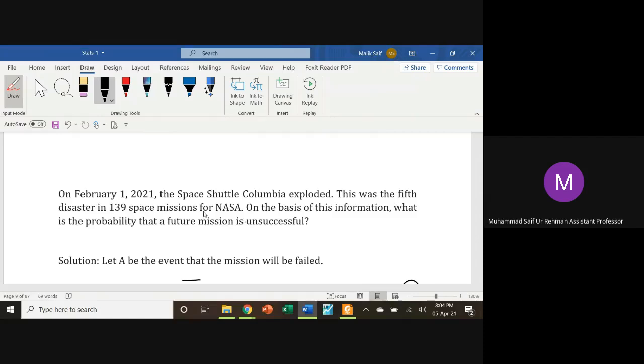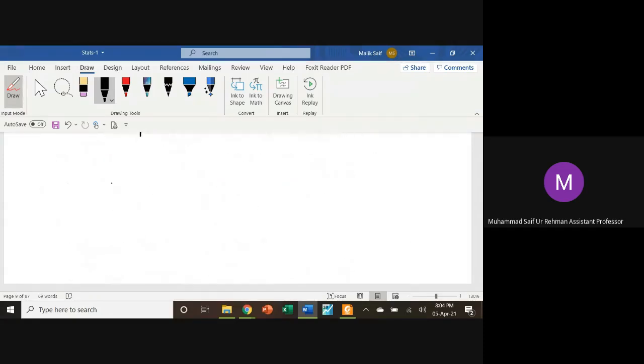So 139 minus 5, the answer is 134. So 134 times the mission was successful. So you write down here 134 divided by 139, the total number of flights or total number of missions. So 134 divided by 139, the answer is